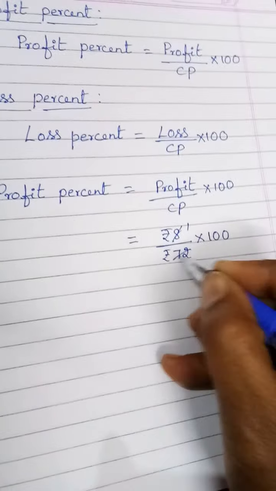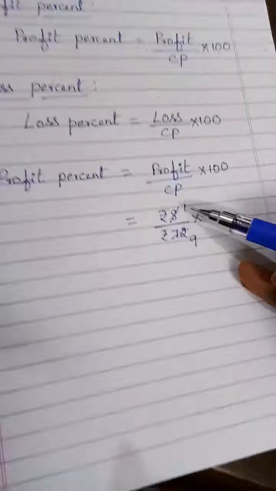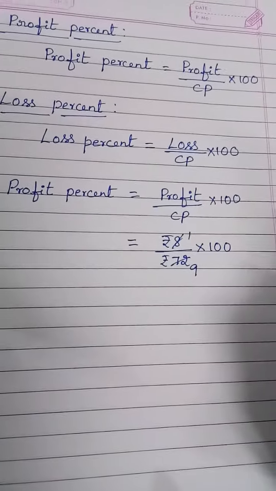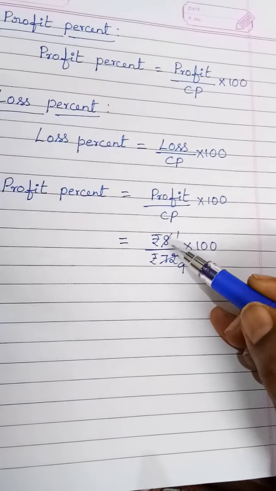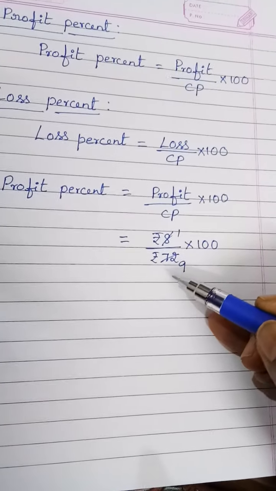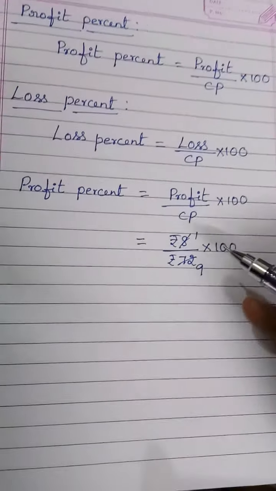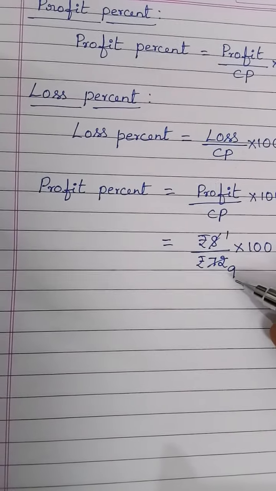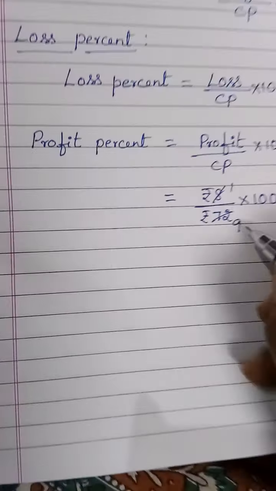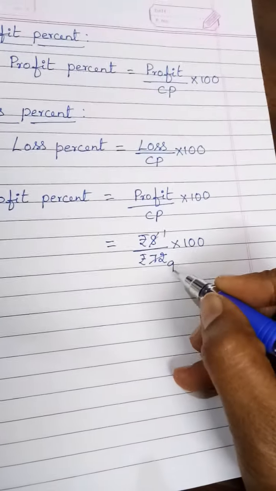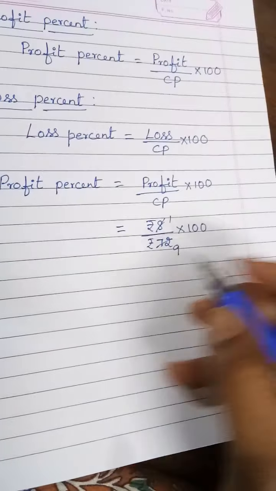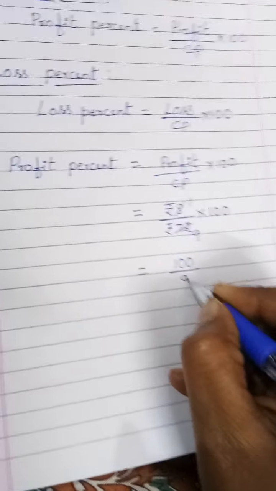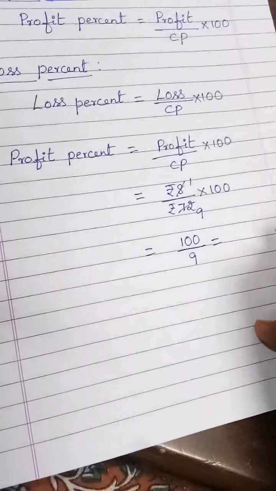8 ones are 8, 8 nines are 72. Both numerator and denominator should go in only one table. If you are taking the 8th table, you should cancel numerator and denominator in the 8th table only. So 8 ones are 8, 8 nines are 72. But 9 and 100, you won't get these two numbers in one table. So you can go to division, 100 by 9. Do the division for this.